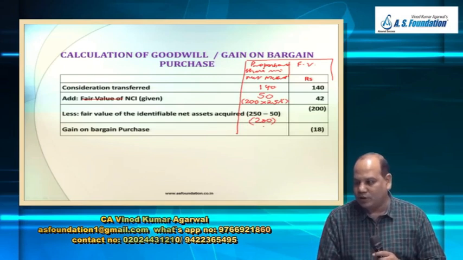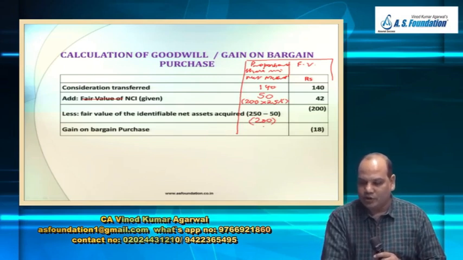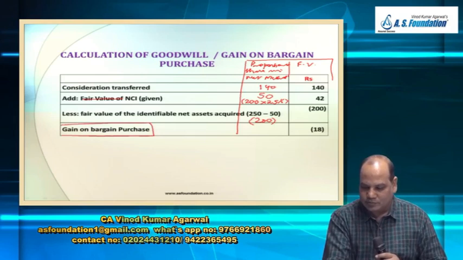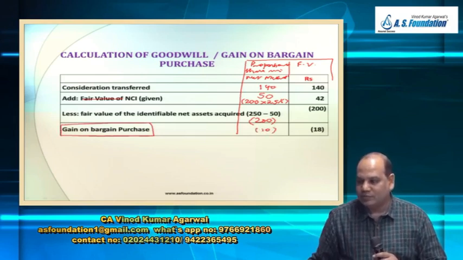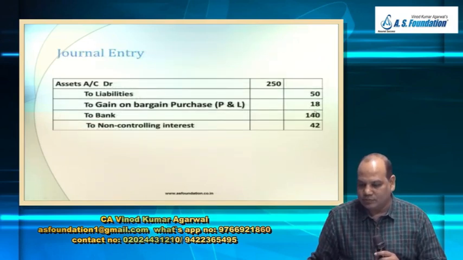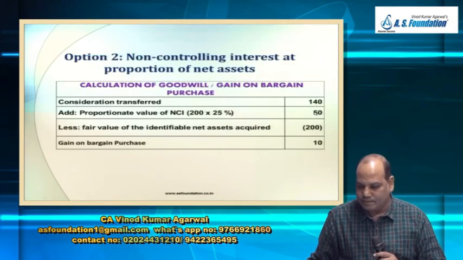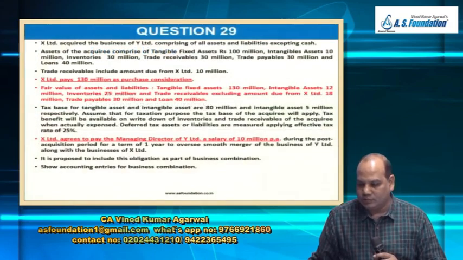Therefore gain on bargain purchase. This time we have a gain on bargain purchase. There is a negative answer. Is it 10 in the first column and 18 in the second column? Okay. 10 and 18. Is that right? Okay. Now you come to